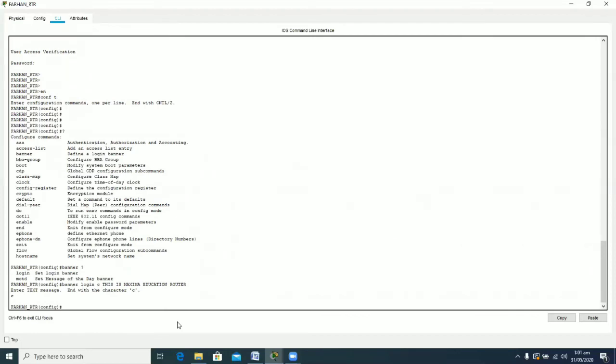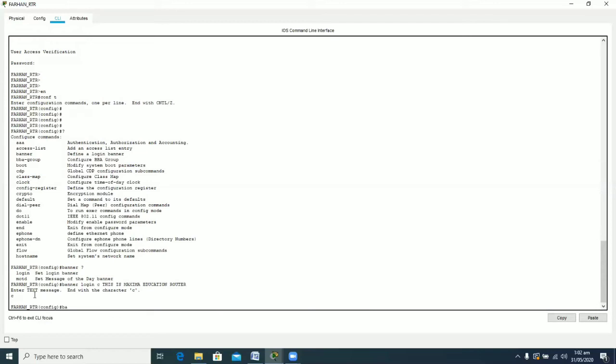When I configure my MOTD banner, if I hadn't pressed enter and then the C button, then I would have both the banners, MOTD as well as login, in the same line. So that will not appear properly. So this is the way to have it, just like a backslash n in case of C or C++. So I just wanted to change my line before configuring another banner. If you have to configure a single banner, then you can simply terminate it with a C.